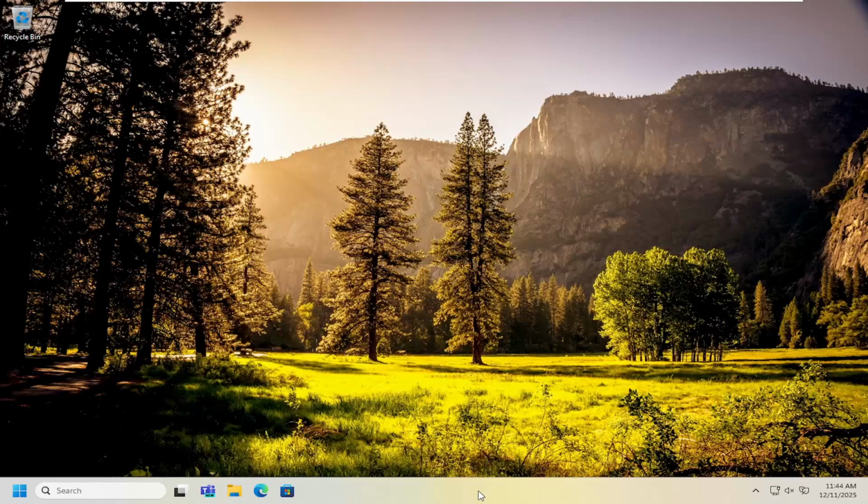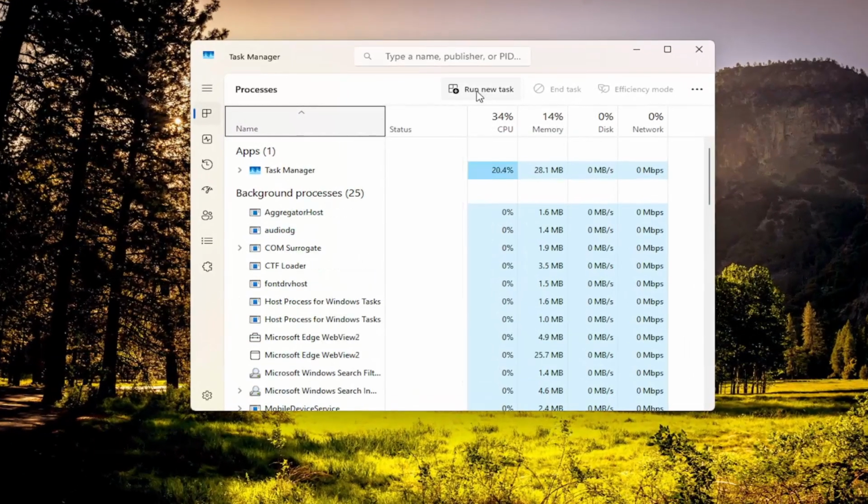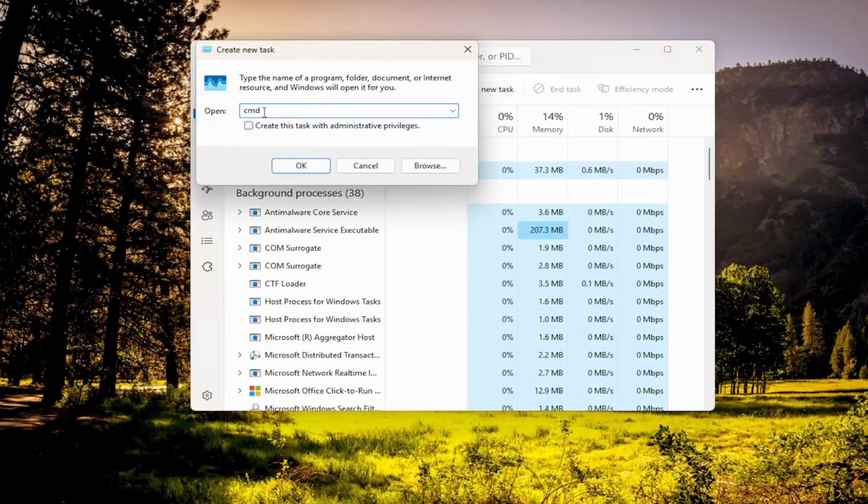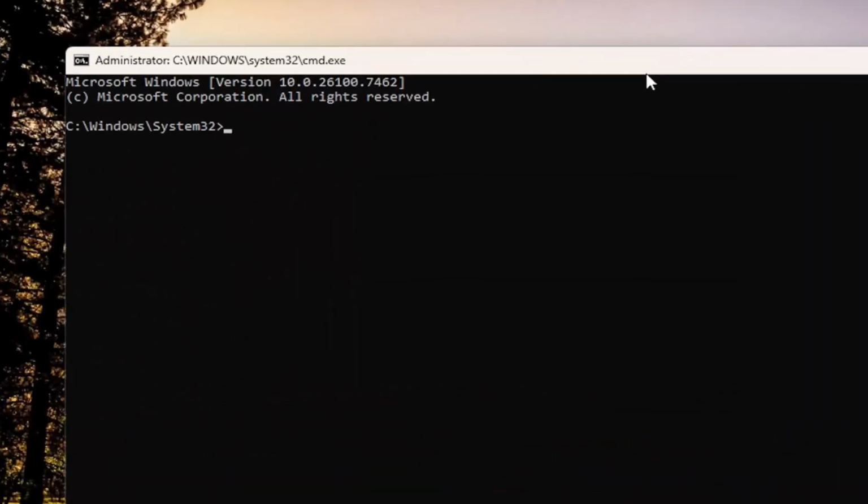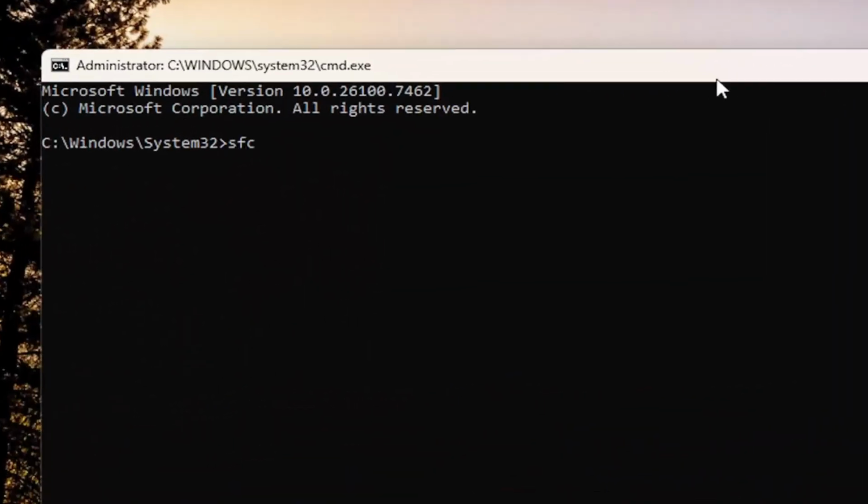So what I have to do is right-click on the taskbar and select Task Manager. Up at the top, select Run New Task, and then type in CMD, like you see on my screen, and check mark where it says Create this task with administrative privileges. Select OK, and then you can just type in SFC space /scan